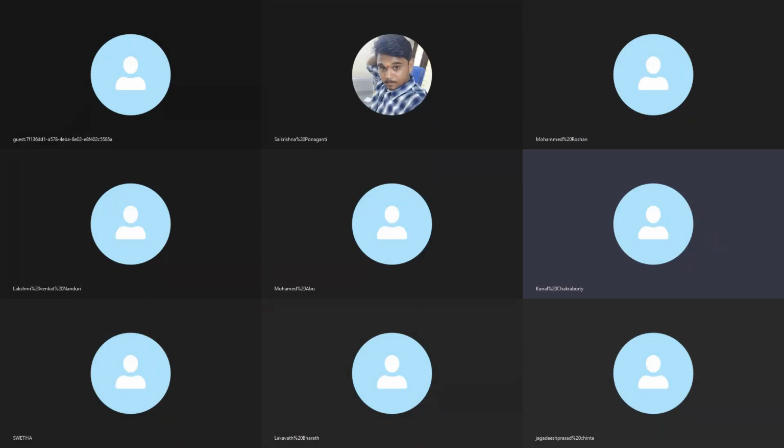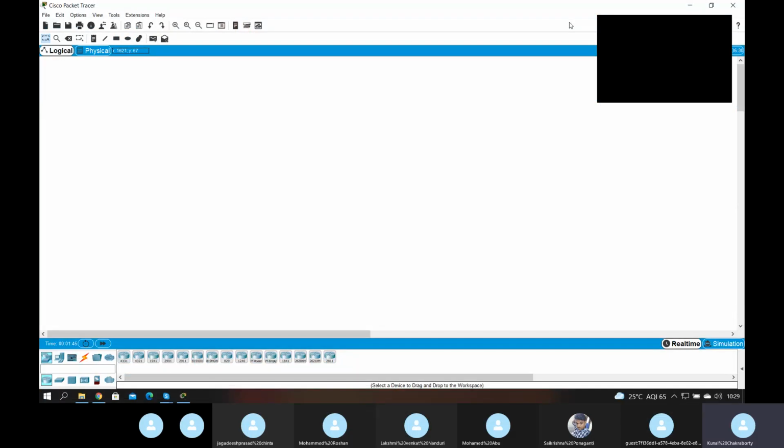We have two devices, routers and switch. So why do we use routers? So that we can create a network. The router's work is to create networks, give security, and assign translations of public and private.